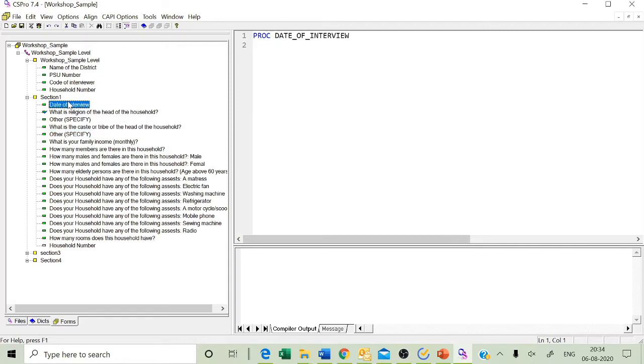I want to skip to q22, and then close with end if. Its meaning is that when we are punching q21, if it is not equal to 88, then it will automatically not ask the other specific. So it's automatically skipping.